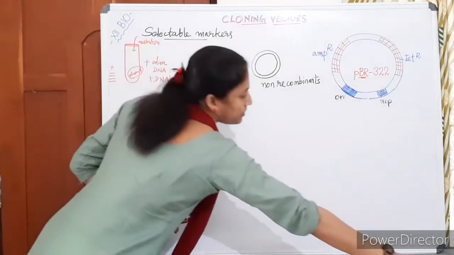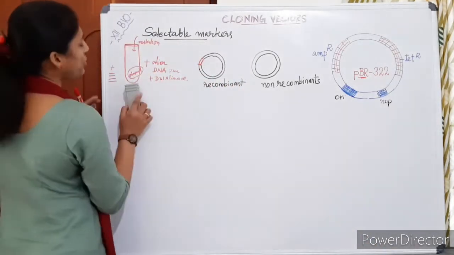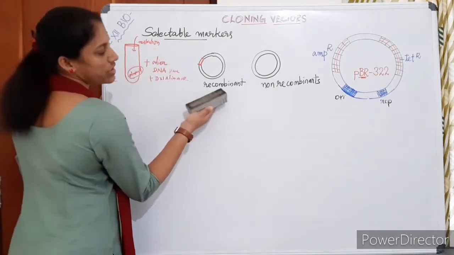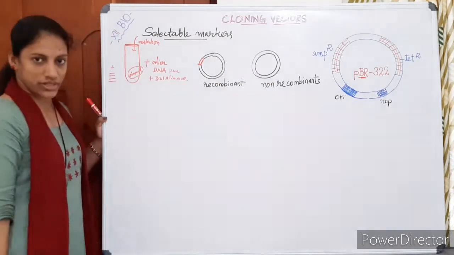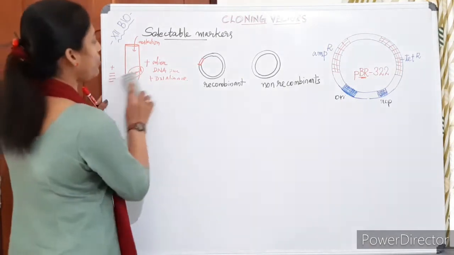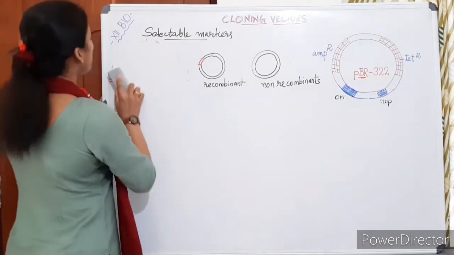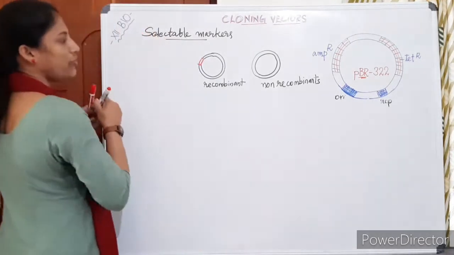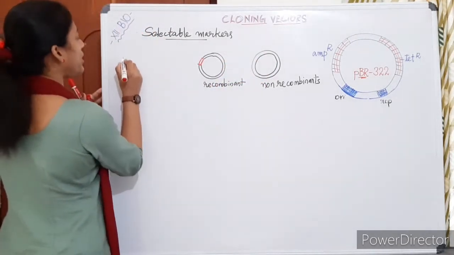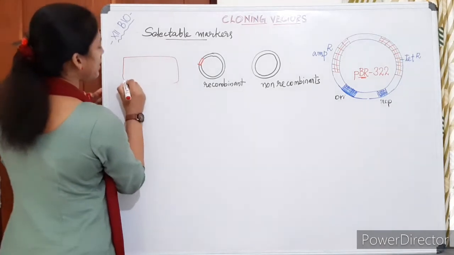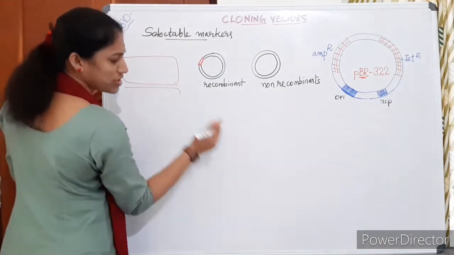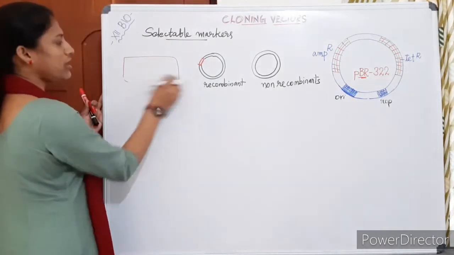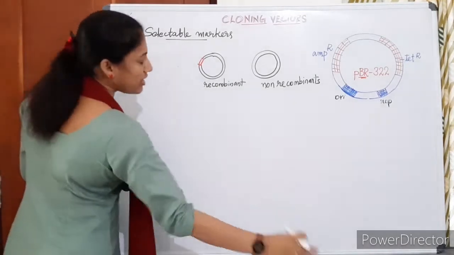And in the second step, we are introducing all these plasmids, whether recombinant or non-recombinant. We have no way to separate them now. In the second step, we are introducing all these plasmids to bacteria. Whether it's this type or this type, we have no idea. Bacteria will be taken out like this individually. Okay, I will just show that and then I will rub it.